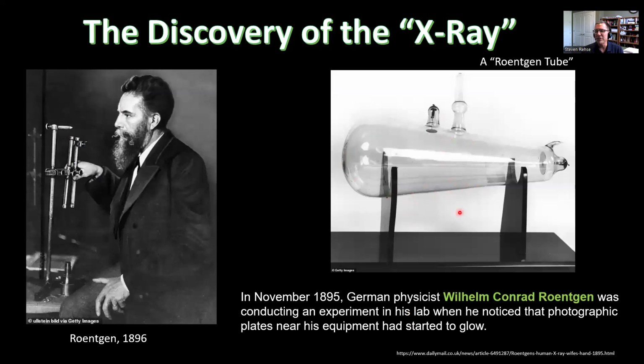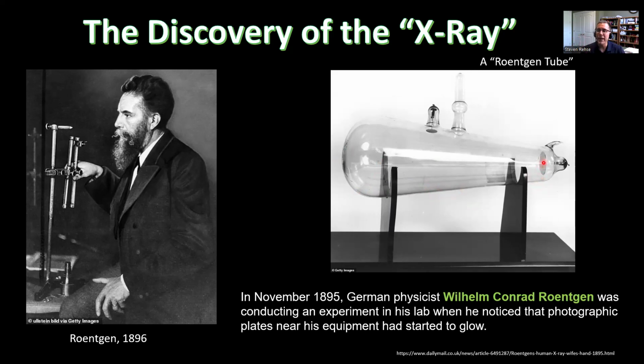And here's a picture of such a tube. We call this a Röntgen tube now. I do not believe this is called a Röntgen tube at the time that Röntgen was using it. I don't know exactly what he called it, but he was German anyway, so there probably was a German phrase for it. But in honor of the discovery that's going to come from using such a tube, we now call these things Röntgen tubes. So he was doing some experiments on something else, had nothing to do with X-rays,